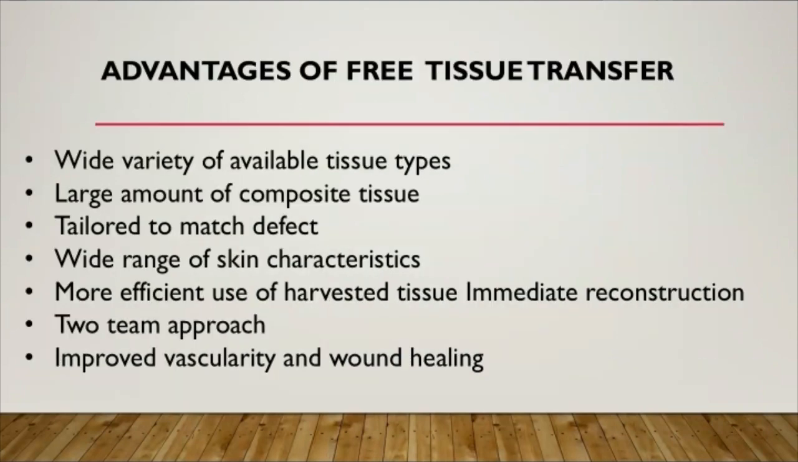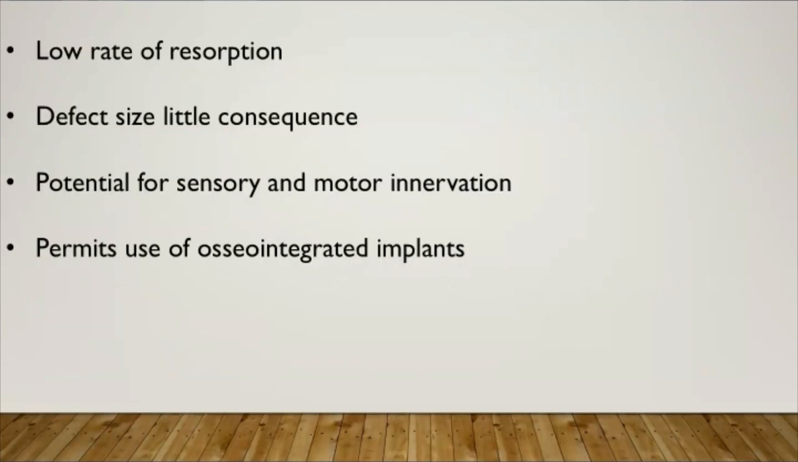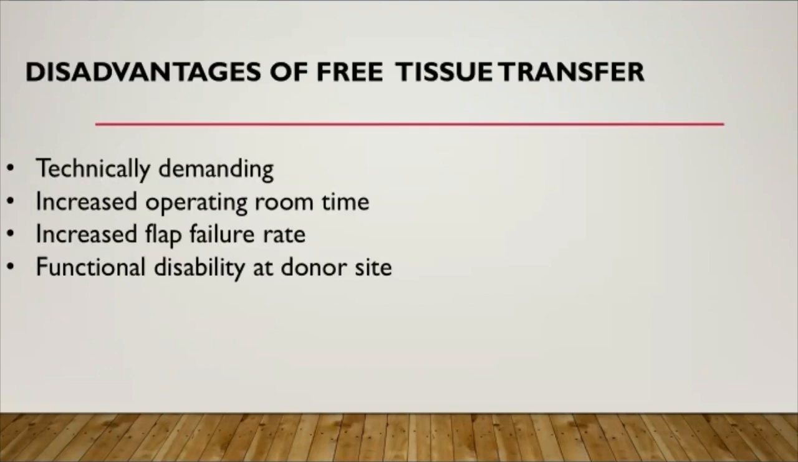Advantages of free tissue transfer: a wide variety of available tissues, a large amount of composite tissue to match the defect, a wide range of skin characteristics, more efficient use of harvested tissue, immediate reconstruction, a two-team approach, and improved vascularity and wound healing. We have a low rate of fistula, little consequence at the donor site, potential sensory and motor innervation, and use of osseointegrated implants. Disadvantages: